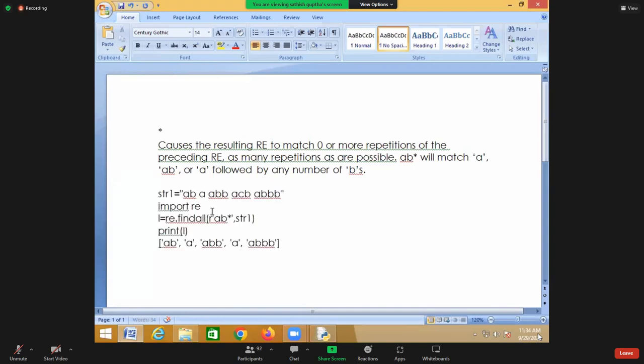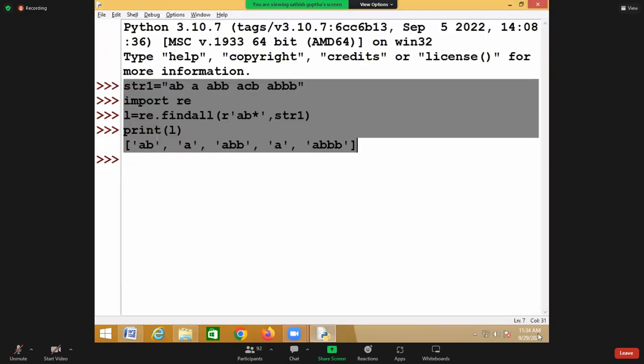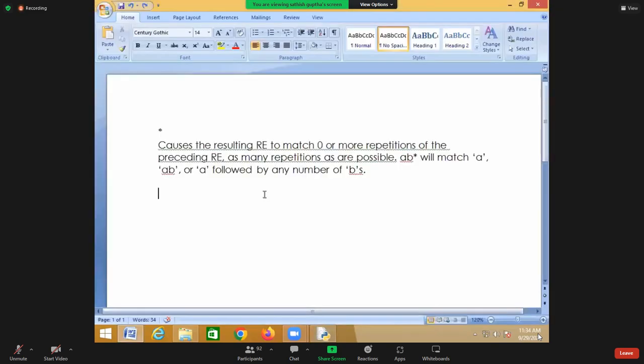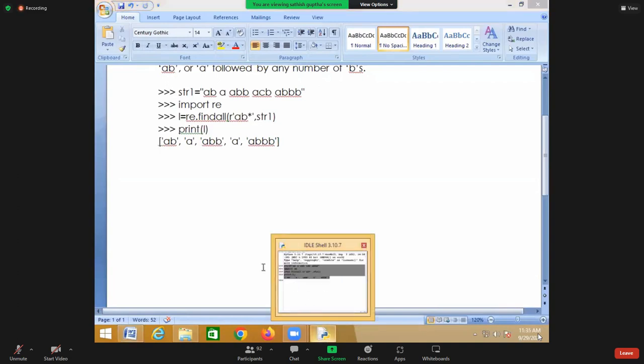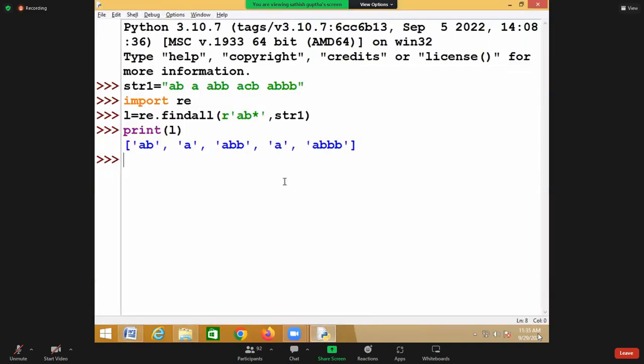Just here. So this might be helpful when you're finding the number of repetitions. For example, assume that I want to find all the names whose name starts with